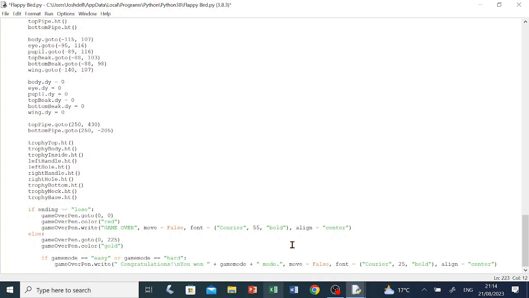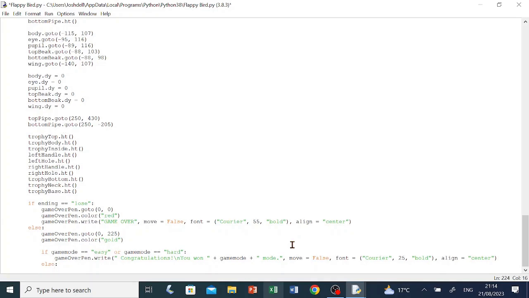Now we're going to do the else, colon, enter, game capital O over, capital B pen, dot write, open brackets, open quotation marks, double space, so type space twice, congratulations, exclamation mark, backslash n, you won medium mode,